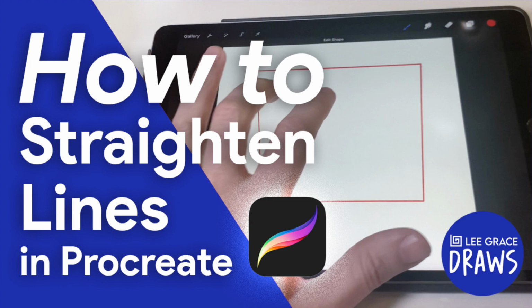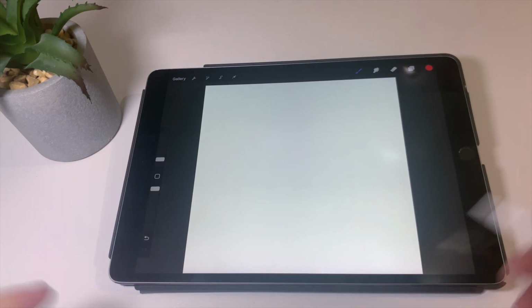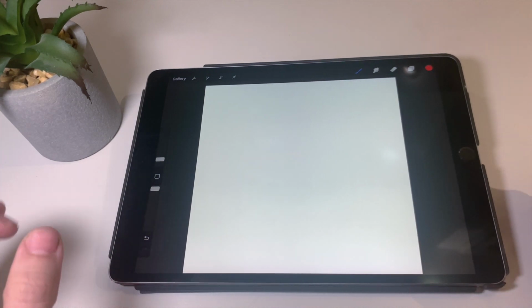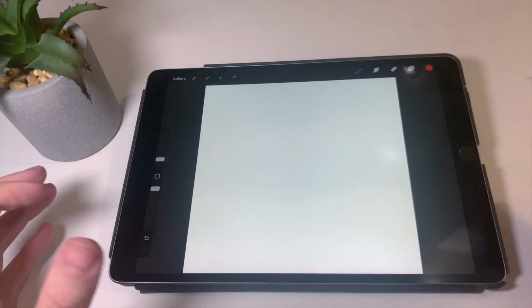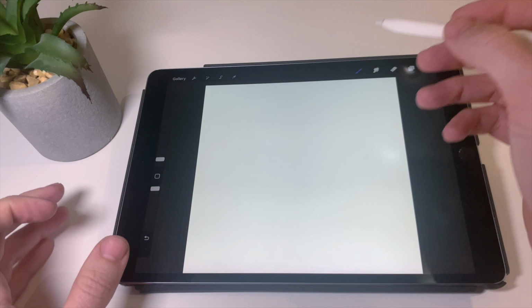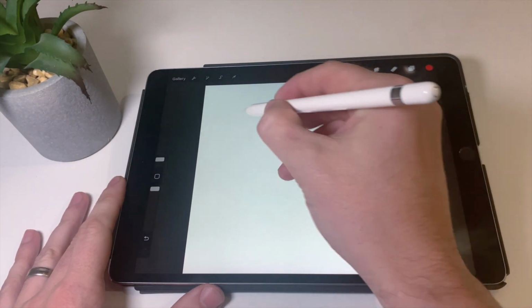Hold, straighten and smooth. This is one of my favorite parts about Procreate in general, because it really makes things a lot easier when you're doing precise items and drawings, and it really makes the process smooth and simple. So what this essentially is when you are drawing something, let's say we want to draw a box, and to